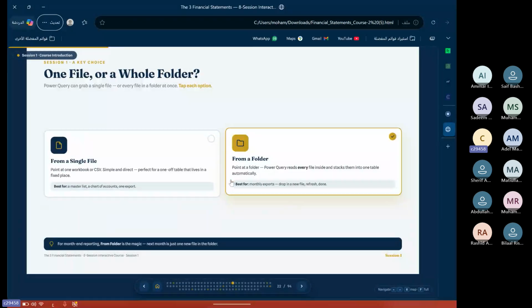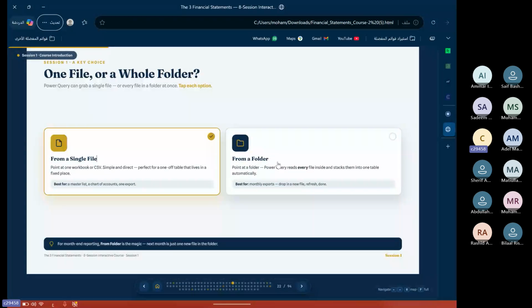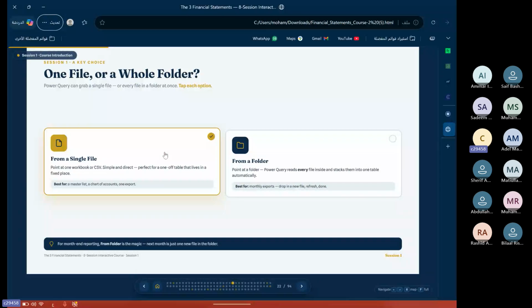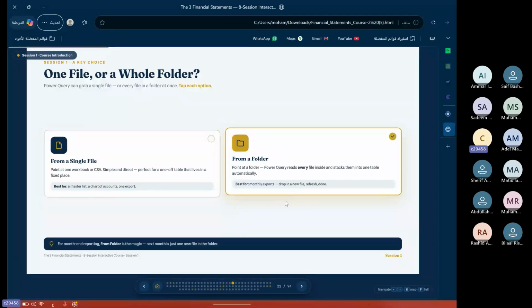Also, we can connect from a single file like Excel or CSV, or we can do it from a folder. And this folder, as we speak, is the automation thing. All the automations that you need to build will happen to your files.